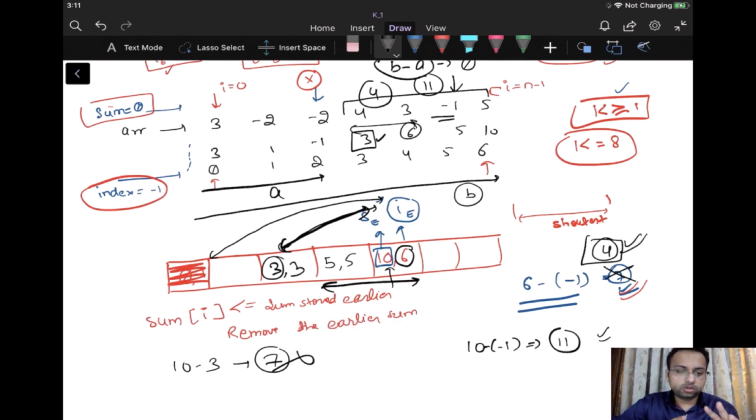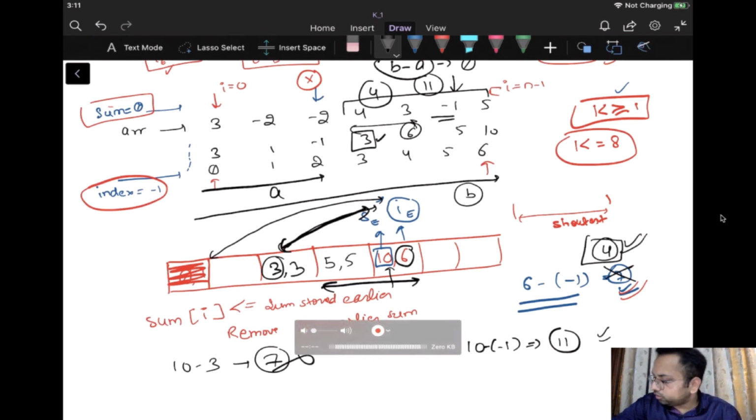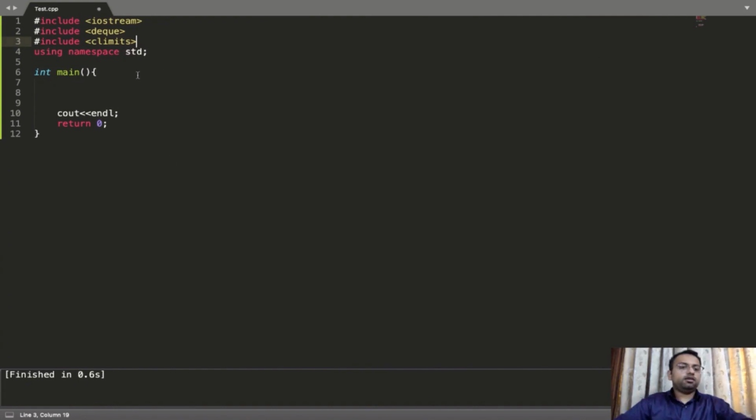I hope those who code in Java can code it, and those who code in C++ can also code it. Even Python people, those who write code in Python, can also code it, right? So let us see the